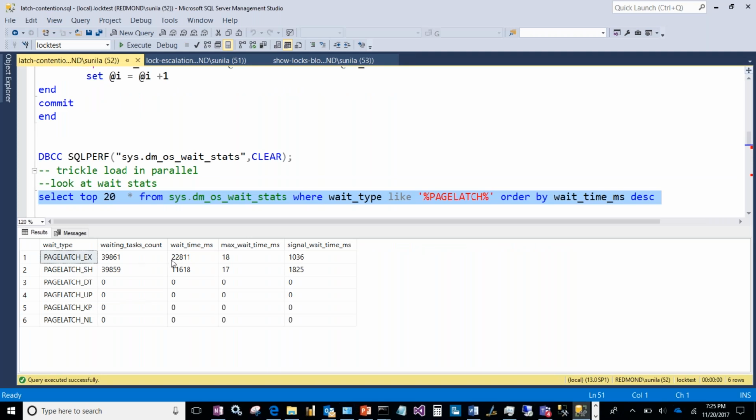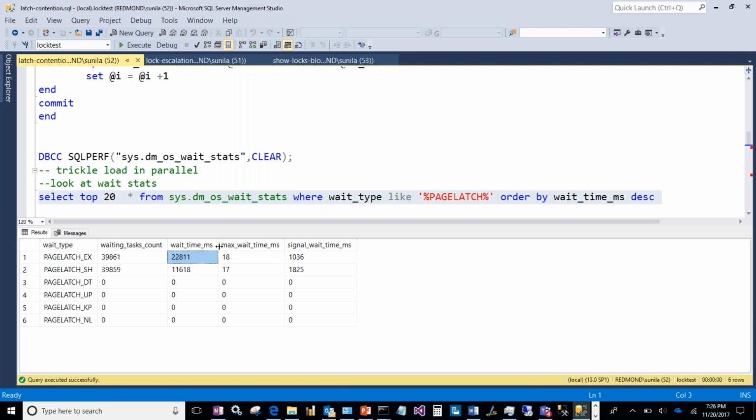happened because I was inserting the rows, updating the rows on the same page, and there is also a shared latch because before you update, we need to read the row, right? Okay. So notice the total wait time was around 22 seconds, right? Because I'm running multi-threaded. So this is a whole serious amount of waiting that I did for my latch